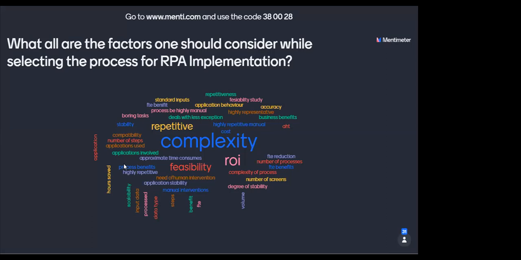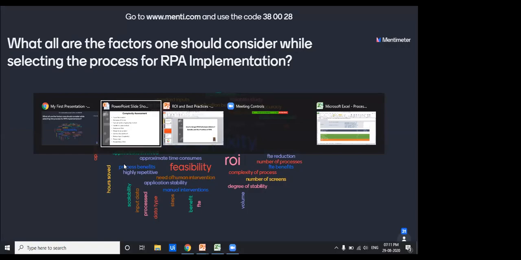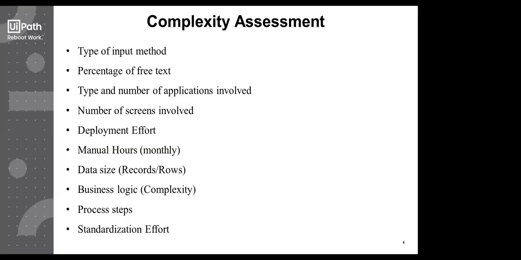Cost, yes. So that's ROI, that you take into consideration while selecting the process for RPA implementation, how much it's going to cost you or how much you're going to charge the client. Number of screens, number of steps. Degree of stability, yes, that also depends on what you expect out of a solution. So if you want the error rates reduced, you want it highly reliable, or very stable. So, coming back to what we were discussing, yes, these are all the factors which we consider.